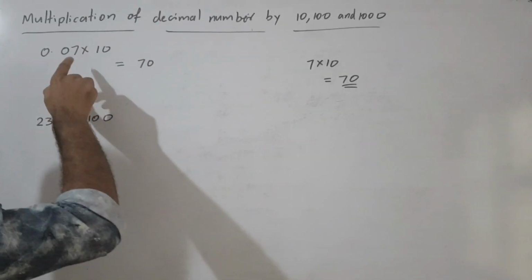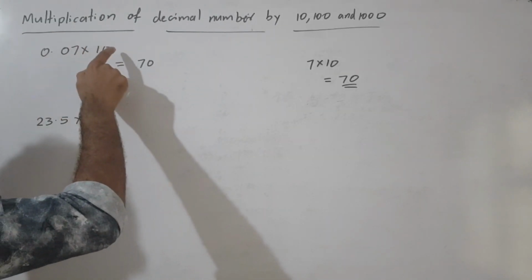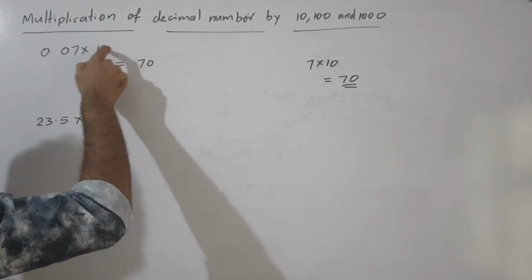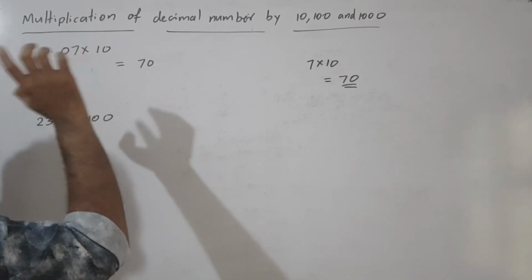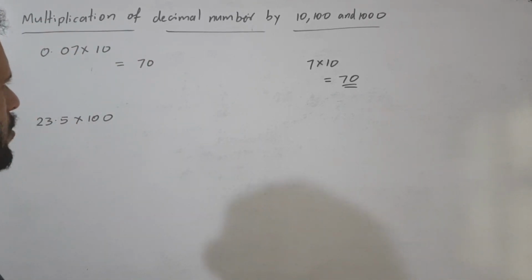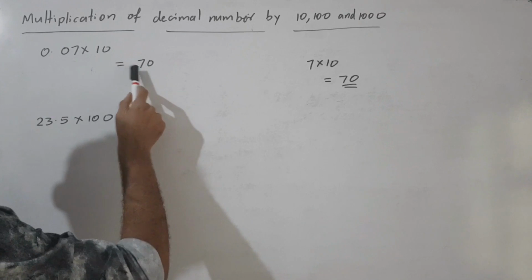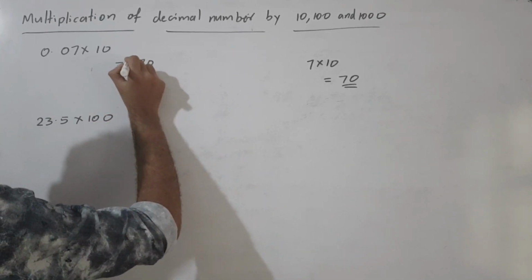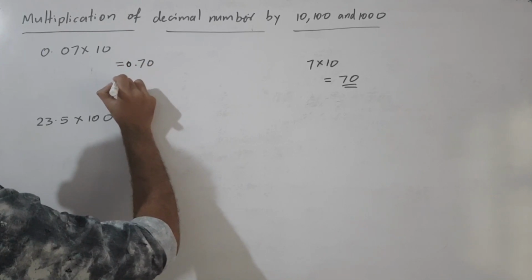Right, here the decimal point is after two digits. Here there is no decimal point. So what is the total? Here nothing, so 0. Here 2. So 0 plus 2 is 2. So in the answer the decimal point is after two digits. So we start to count 1, 2. Then what we get? Point. Then 0. So the answer we get